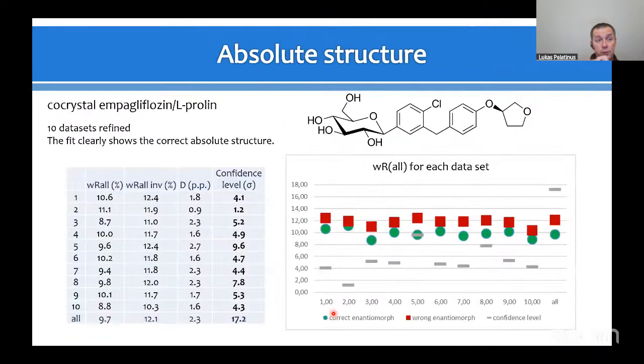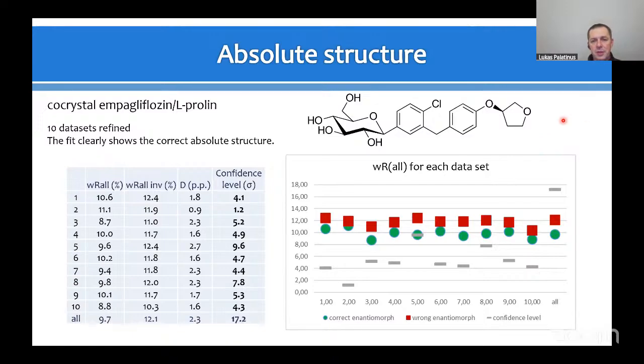So this is an example of a co-crystal of empagliflozin L-proline, and there were 10 crystals analyzed. Simply from seeing the R factor difference, it is easily determined which of the 2 enantiomorphs is actually the right one. There is also a statistical way of evaluating the confidence level of the correct determination of the absolute structure, and we can see that the combined confidence level is at a level of 17 sigma, which is really a large